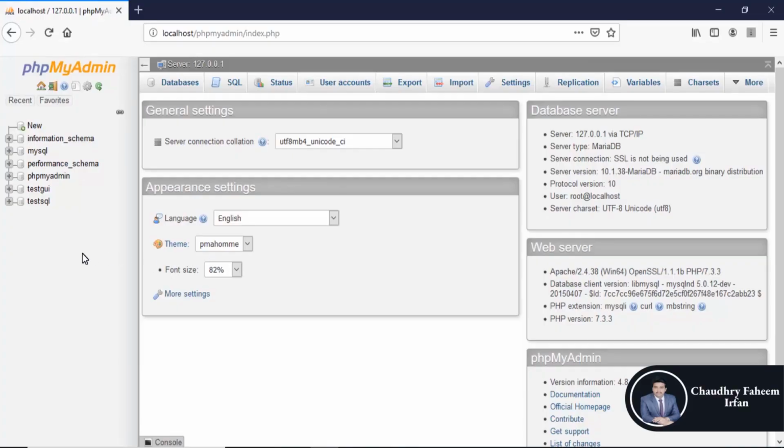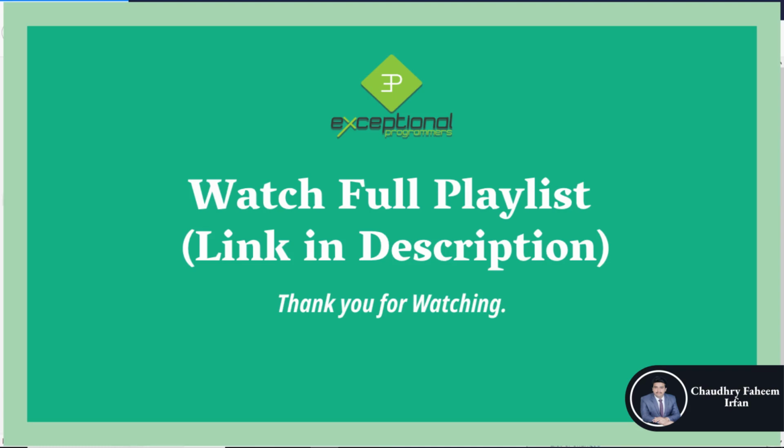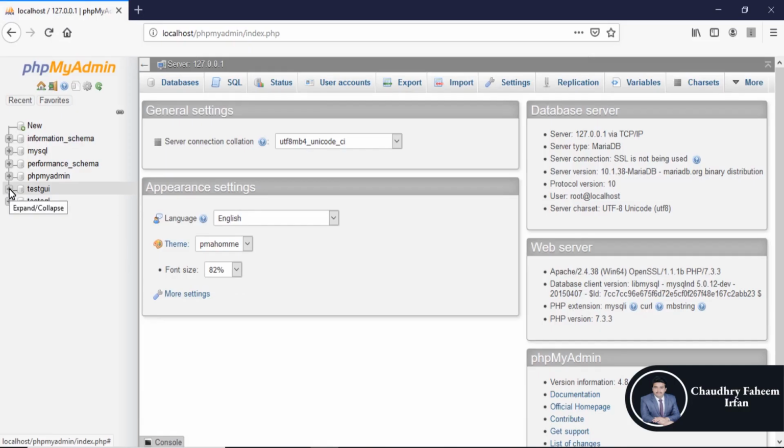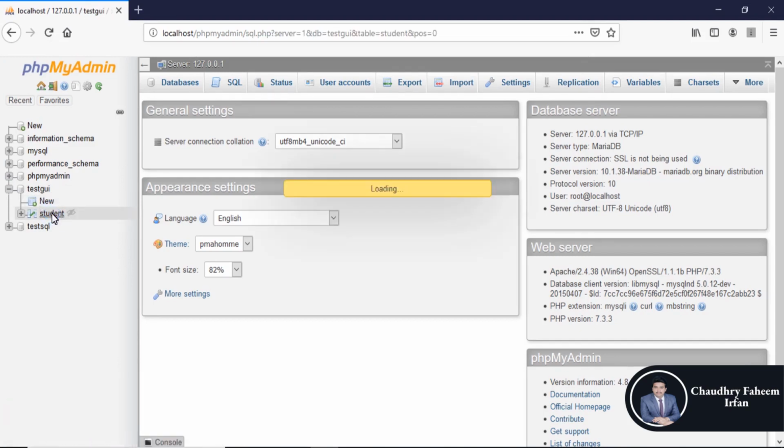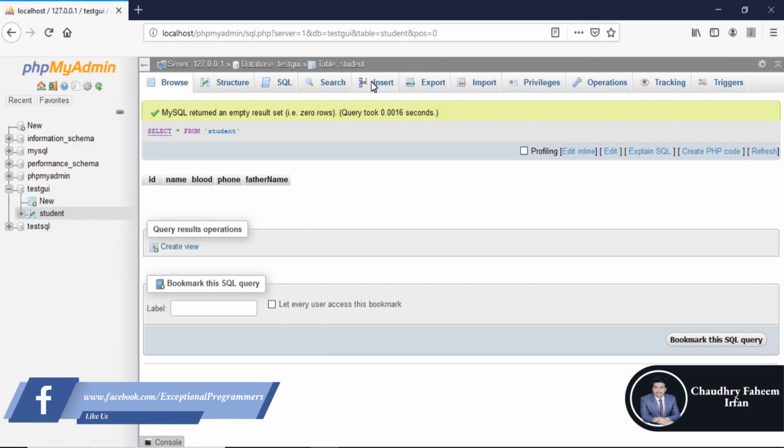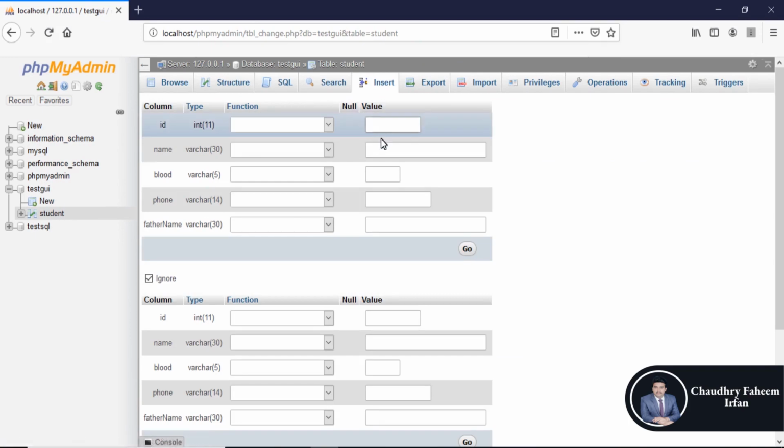Welcome to this lecture. In this lecture we are going to learn about insertion by using GUI. So go to test GUI, select student table and then select insert tab. So ID is auto increment, name is Fahim, blood is B positive,